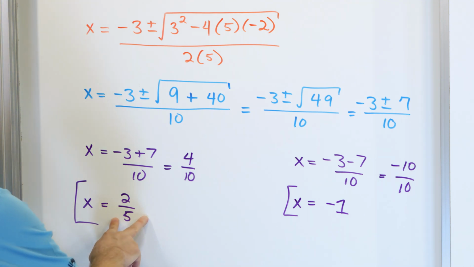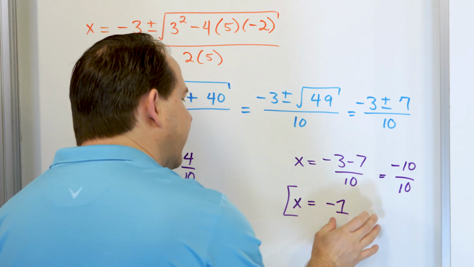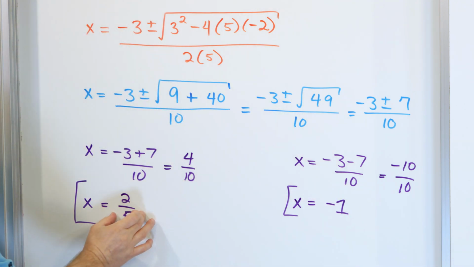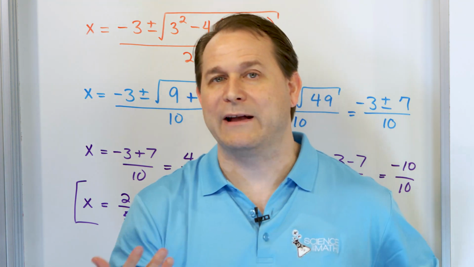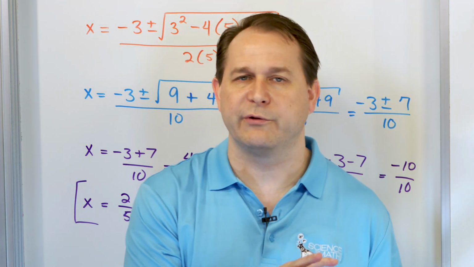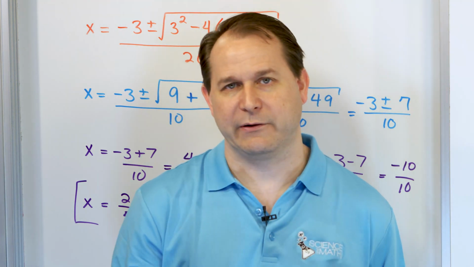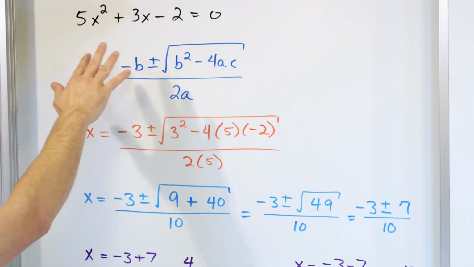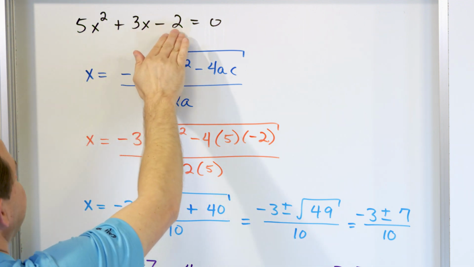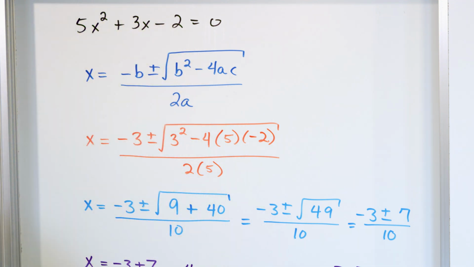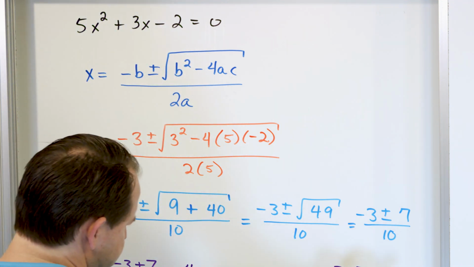So you see, sometimes you can get whole numbers or negative positive integers, and sometimes you can get fractions. Sometimes when you solve the quadratic formulas, you'll get radicals. Sometimes you'll get imaginary numbers. Sometimes you'll get complex numbers, which means real plus an imaginary part. You cannot predict ahead of time from your quadratic what you're going to get. Notice we have just whole numbers here, integers, negative or positive. When we get down to the end, we get a fraction, and we get a